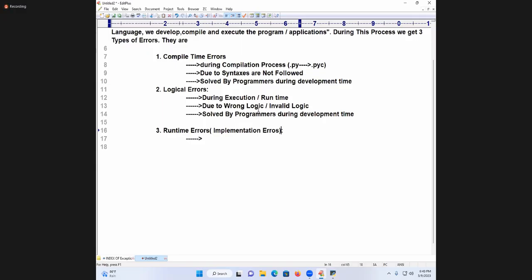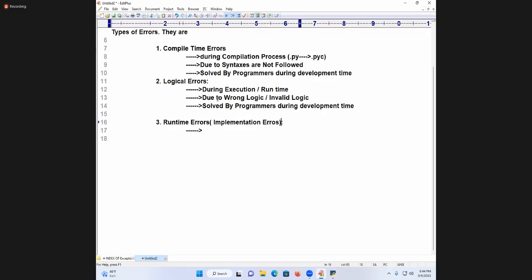What do you mean by implementation? A product being used by the end user is called implementation. Suppose a product is under development. It is called a development stage. Once it is released to the market, it is under what? Implementation level. During the implementation, if the end user does some wrong activity, they will get what? A runtime error. They designed the bike very well. No error. There is no defect in the bike. The driving person is doing wrong activity. That's why he is falling down. So at implementation time, you must handle it with very care.